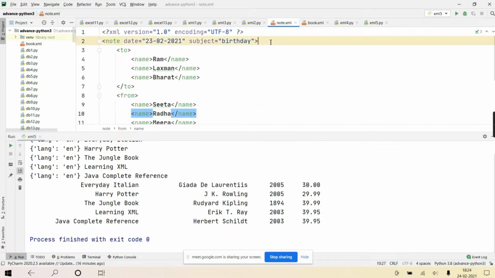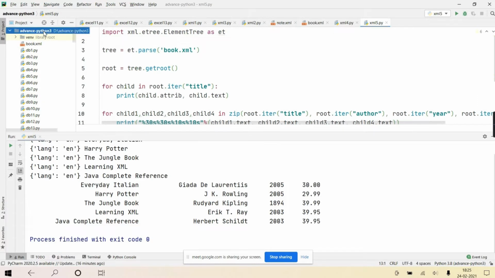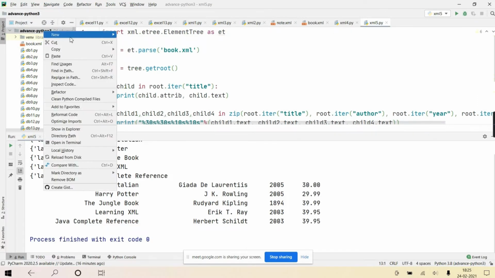And for note, if the root is note and there I write findall name, it won't return anything. Why? Because note is not having an immediate child with the tag name name. We'll write a script, and in that I'll show you.